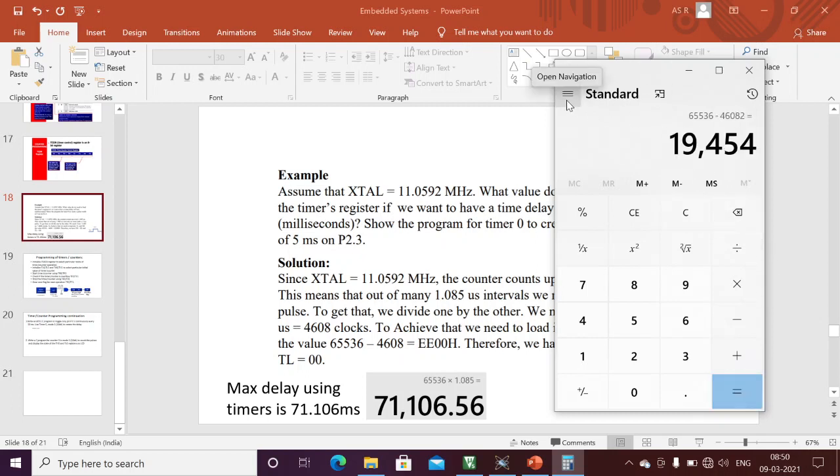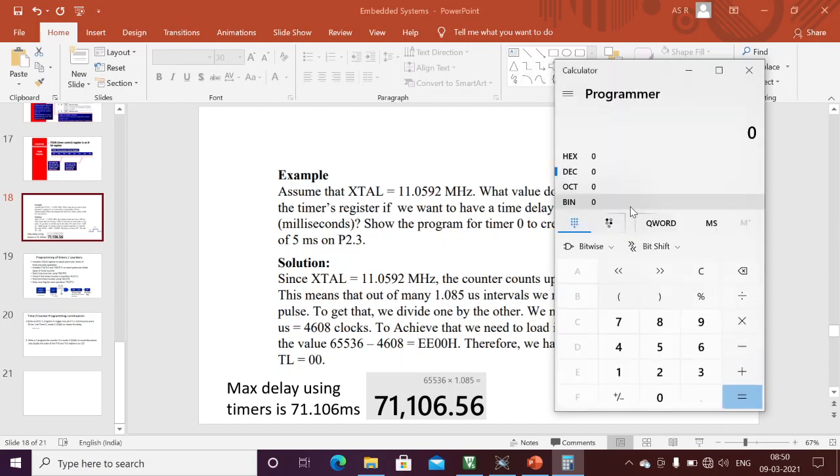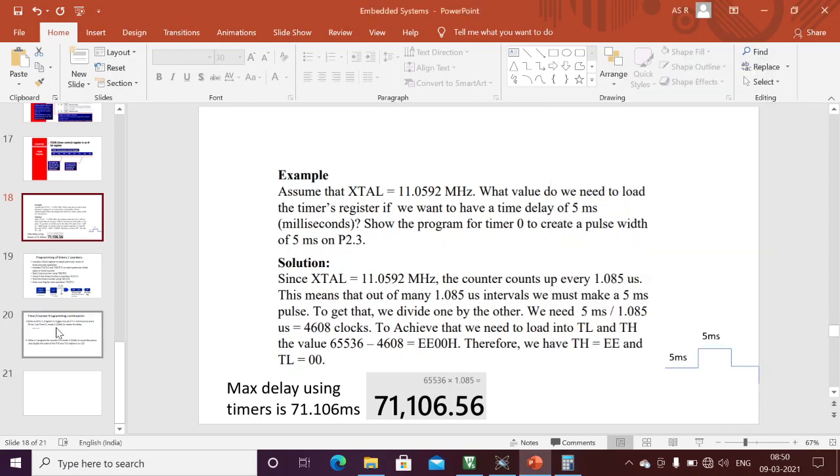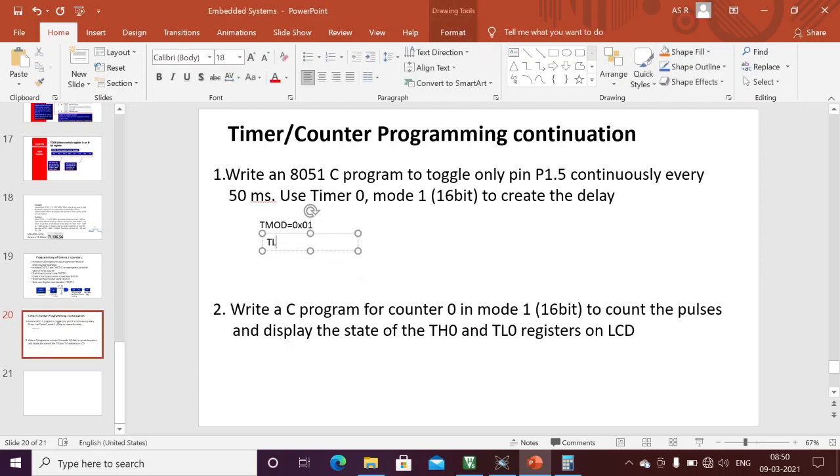This I need to convert to a hex value. 19454, in the programmer mode, decimal value 19454, my hex value is 4BFE. I'm initializing this in TL0.